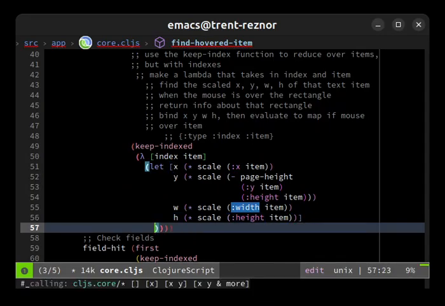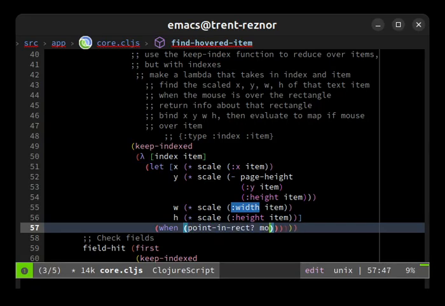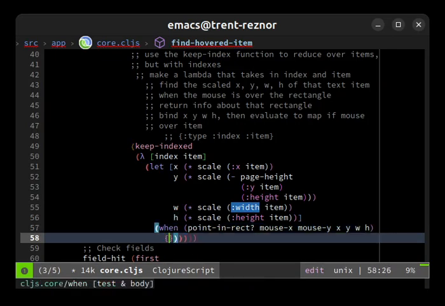And once we have bound all those variables, then we can say when point-in-rect. I think I did the exact same thing last time. Mouse x, mouse y, x, y, width, height, and then if that's true, we will return the data structure that has